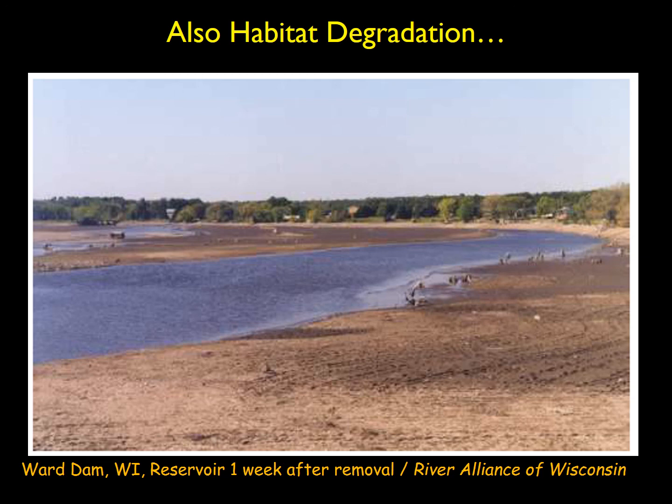So in addition to dams restricting movement of species, they also degrade habitats. This is a picture of what the stream banks look like a week after removal of that dam, and you can see it's all mud and silt, right? So this is not high quality habitat behind the dam. So when you take that dam out, the water comes through, washes that silt out, and it creates better habitat.